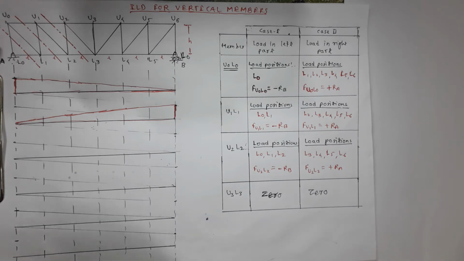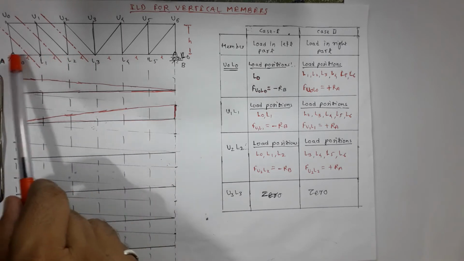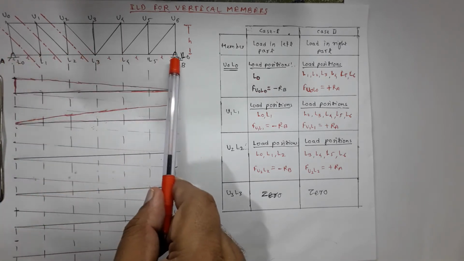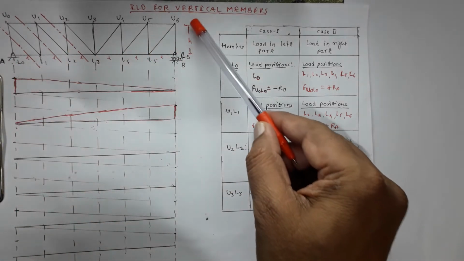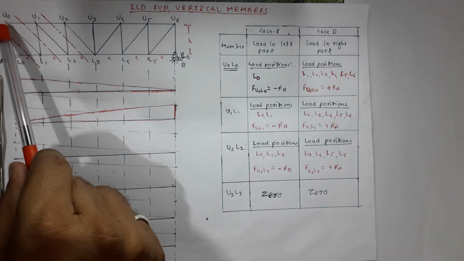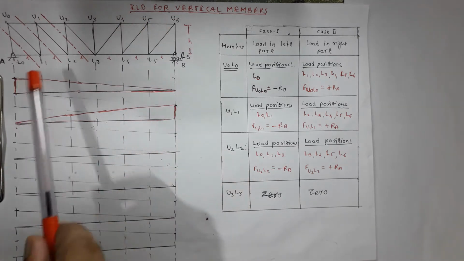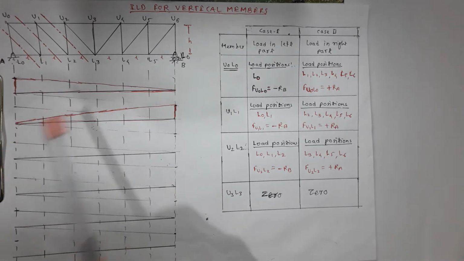Now it is a truss which is a bridge truss, N type of truss, and it has got 6 panels. Each panel is having a length small l. So total span of the bridge truss is 6l. Let the height of this truss be small h. The top chord panel points are U0, U1, U2, U3, U4 and so on. The bottom chord panel points are L0, L1 and so on.